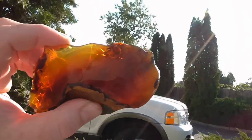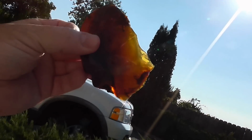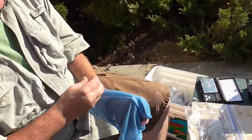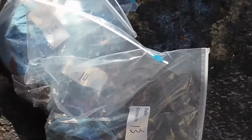Get you another view of that thing backlit. Wow, look at all that light coming through there. Get it wrapped up, and we'll move on to number 13. Oh, so we still haven't got to the big ones. I've got a couple, 2 or 3 of them here that are going to